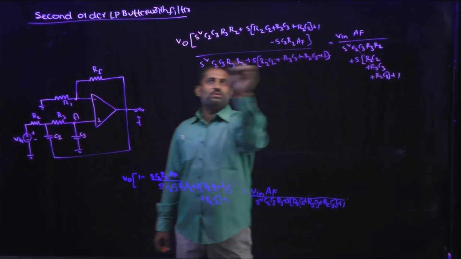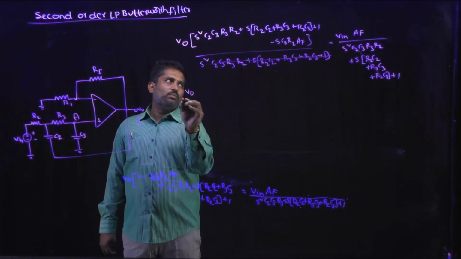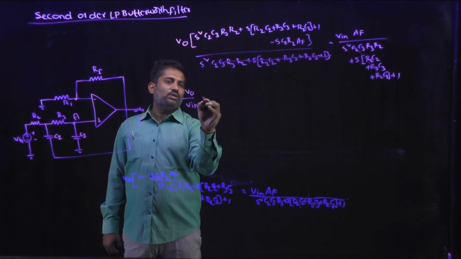This and this will be cancelled, then you will get V0 by Vin equal to